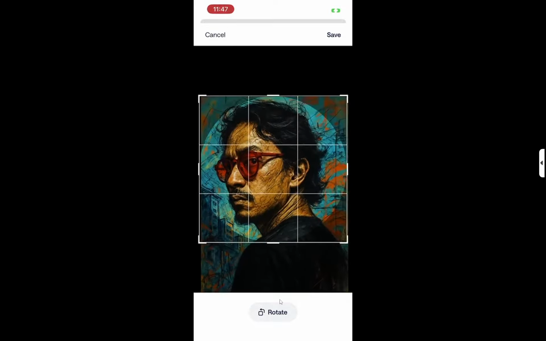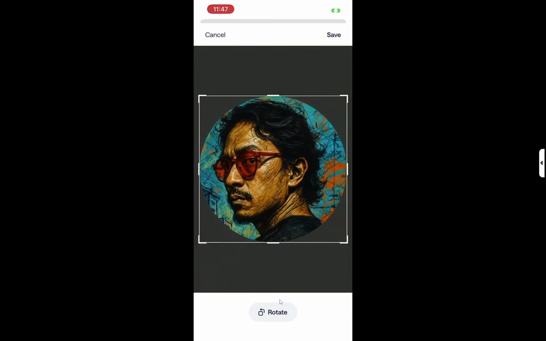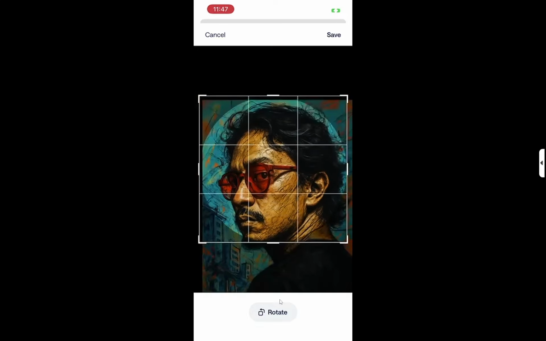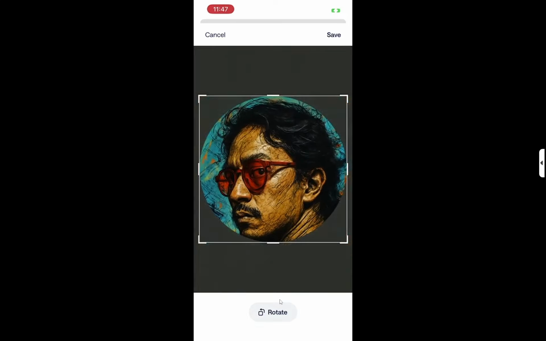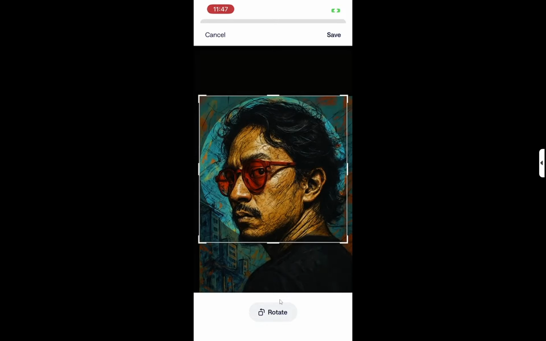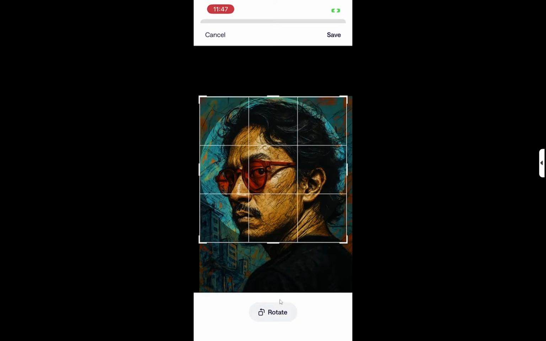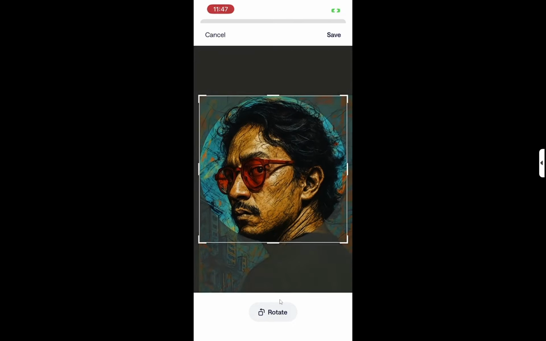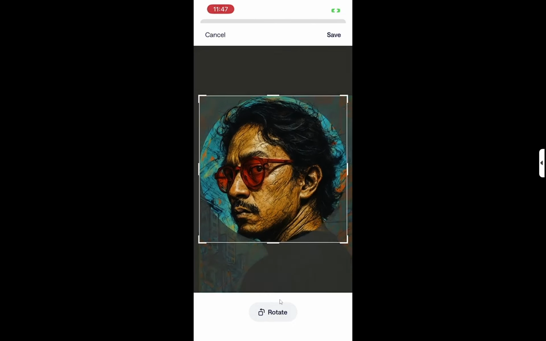Once you have chosen your image, adjust or crop the image if prompted. This step ensures your photo fits perfectly within the profile picture frame. You may want to center your face and ensure there are no distractions in the background. This little adjustment is significant because it enhances the visual appeal of your profile, making it more inviting for others to engage with you. Finally, tap Save to update your profile picture.